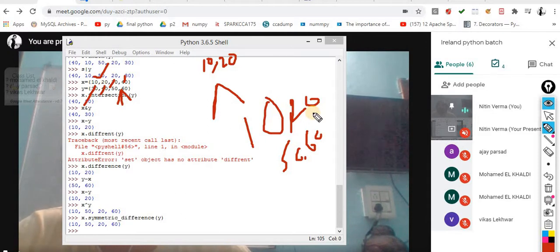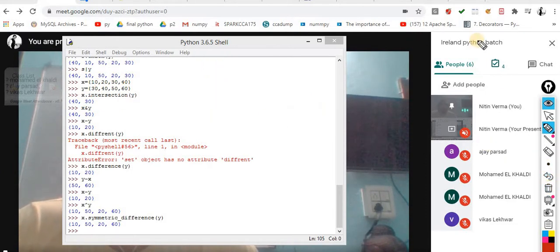Very simple. These are the operations that we performed in our school days, and the mathematics is the same, whatever we learned in our school days. So it is a very simple and very short topic.